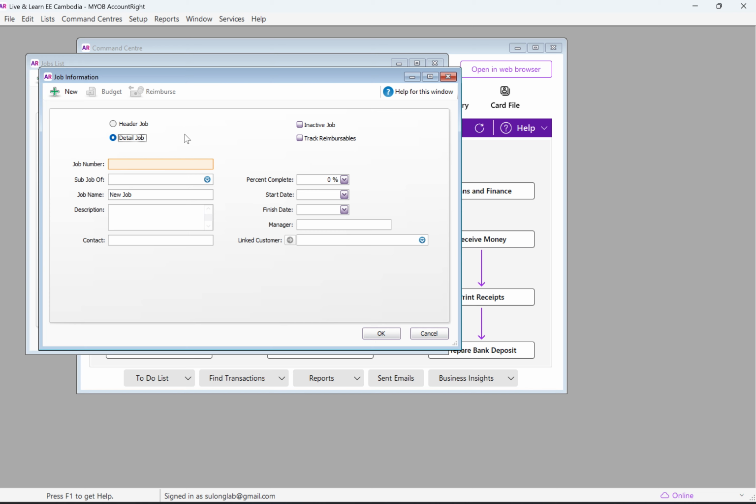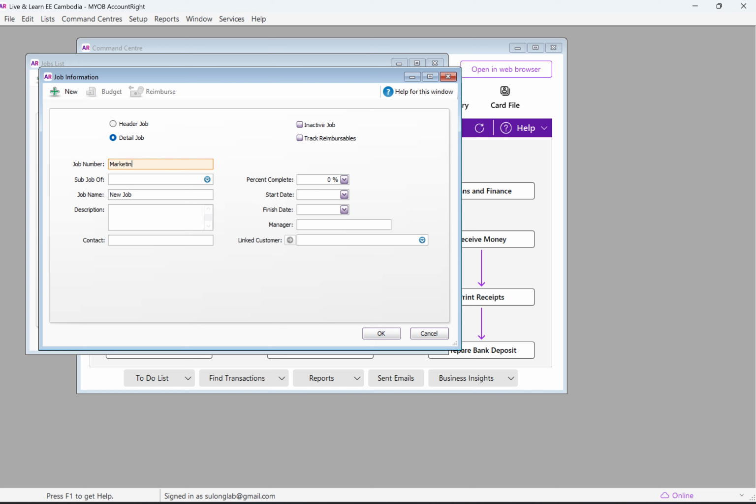You've got a job number in here. If you want to put a job number, you can use multiple numbers, or you can also use words. It doesn't necessarily mean numbers. You can use words such as in here, like an acronym, for example, South America or North America, or an acronym of a specific project, or a combination of multiple countries, or for example, you might want to use accounting, finance, or marketing. When you create a header job code, that's the code that other job codes will sit under